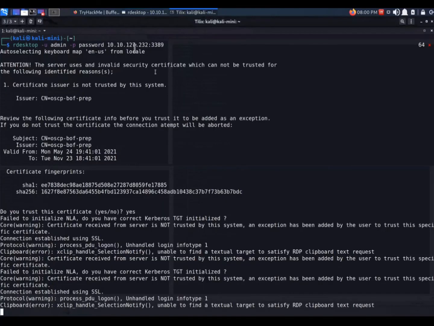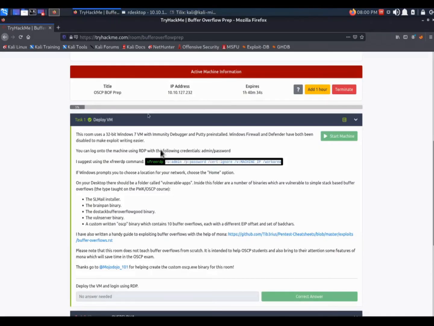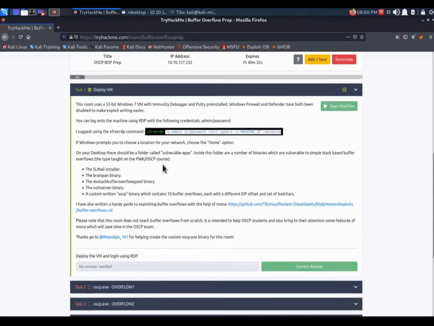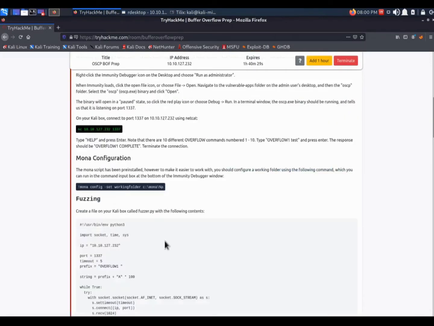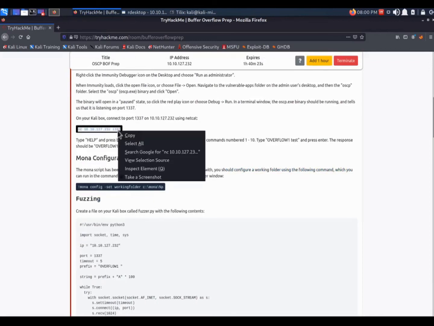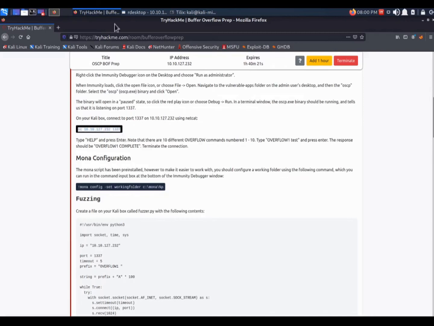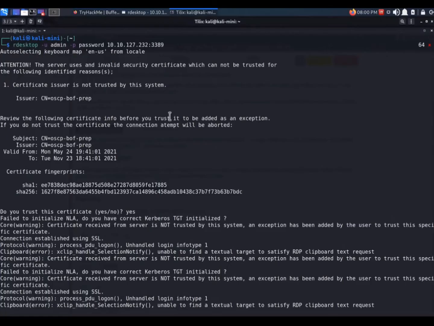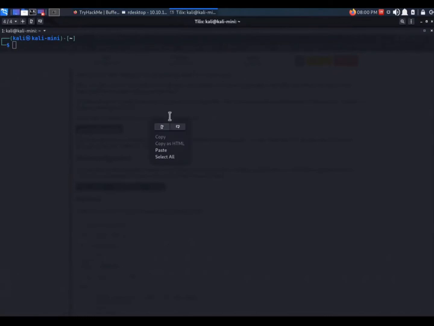All right. So then the next step now is we need to connect to it with our netcat and just do the connection out. So we're going to open this up. So netcat to the IP address and then the port number, and it's like a terminal console, and so it